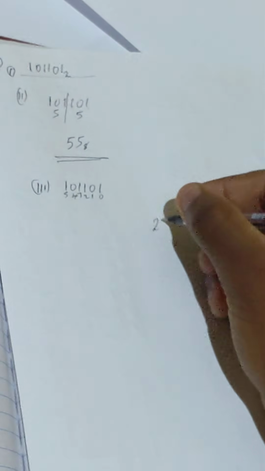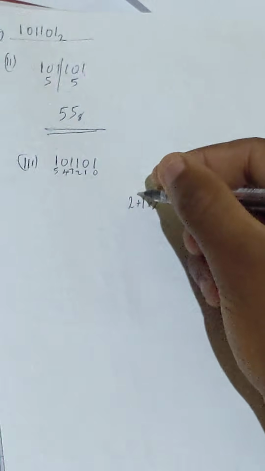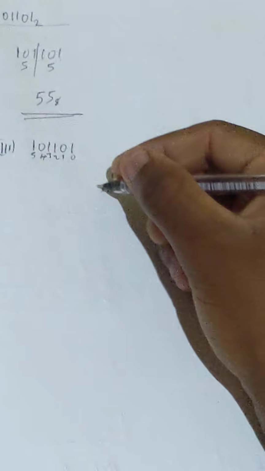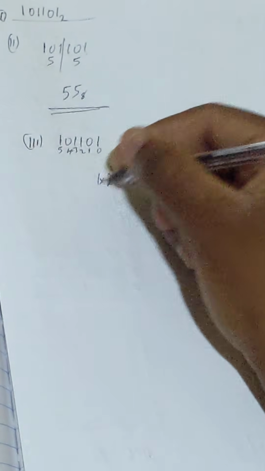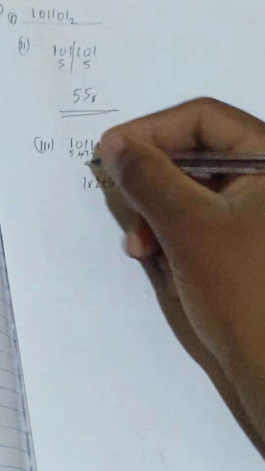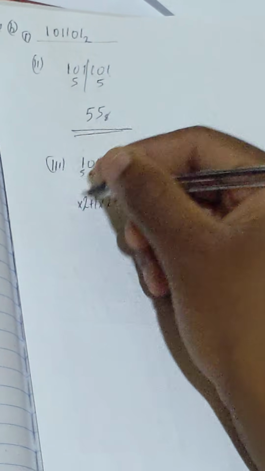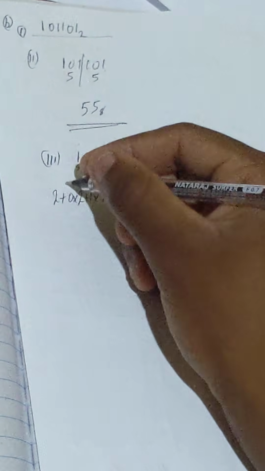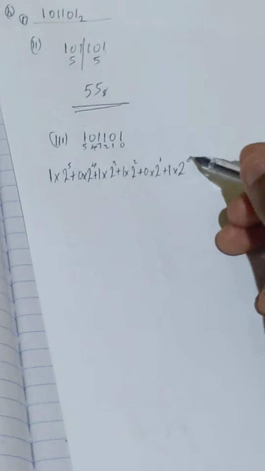So 2 to the power of the position, which is 0, times the face, which is 1, plus 2 to the power 1 times the face, which is what? 0, plus 2 to the power 2 times 1, plus 2 to the power 3 times 1, plus 2 to the power 4 times 0, plus 2 to the power 5 times 1, just like that. You can start from either way. So you have to convert. So 2 to the power 5,